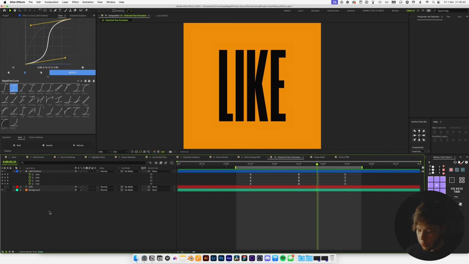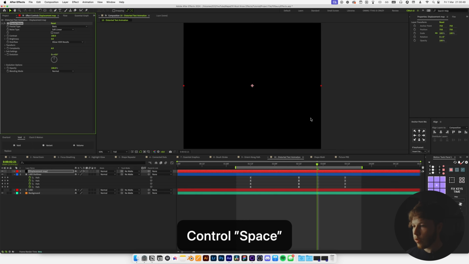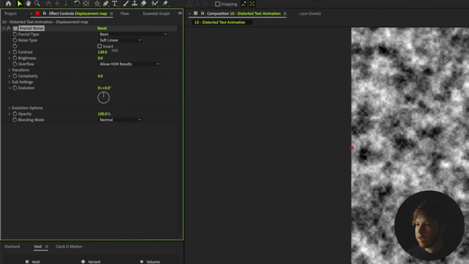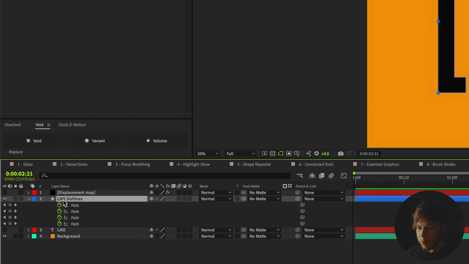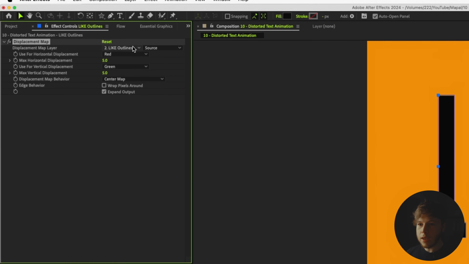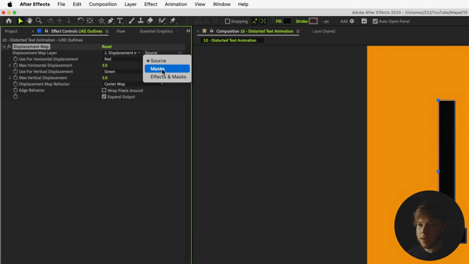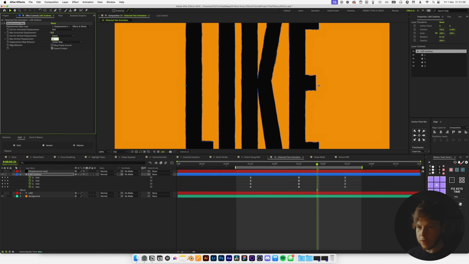To spice it up a little bit, what can we do? We can add a solid. We're just gonna name this displacement map. Boom, and we're gonna add fractal noise, just something super sexy, increase the contrast a little bit, something wacky. And then we can add a displacement map to this, and let's select our displacement map, and then effects and mask, and now we just get a little bit of that initial, might even set it to something like 2x2,